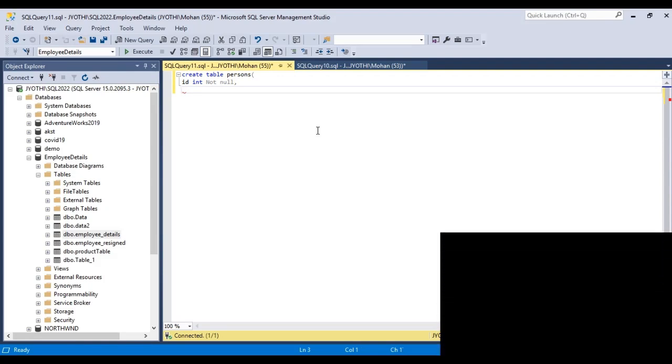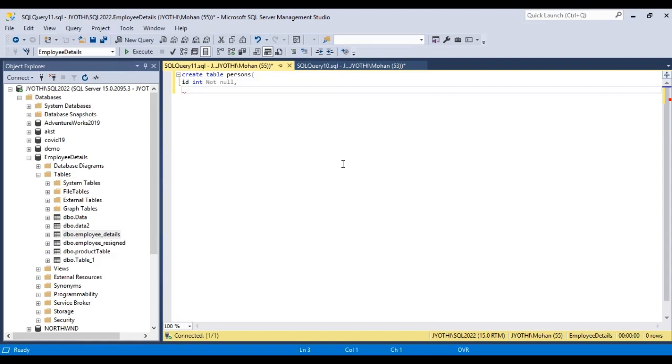Next, last name or simply name. Data type is varchar 20. Not null.